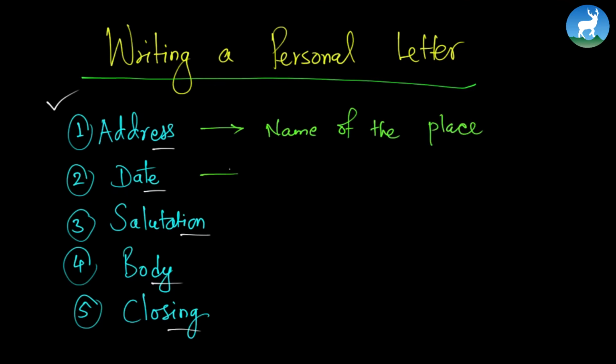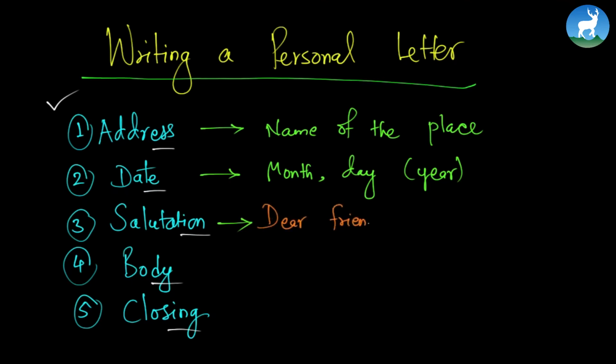After that, you need to write the date. Since it is a personal letter, you don't need to write the full date. You can just write month and day. Year is not compulsory, but you can write it if you want to. Salutation can be done in different ways. You can simply write something like "Dear friend," or you can mention the name of the person, "Dear Ram," or you can simply write Ram